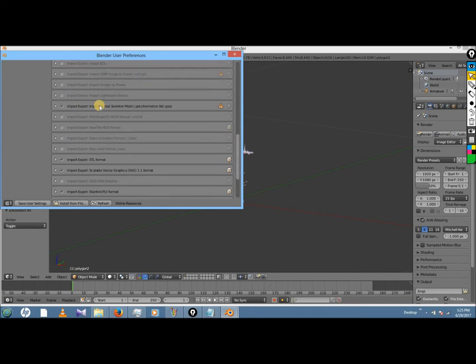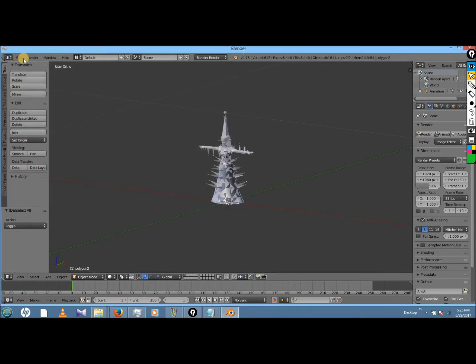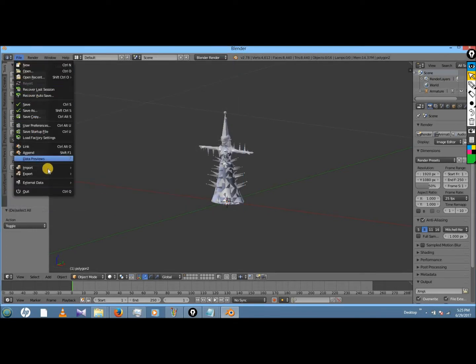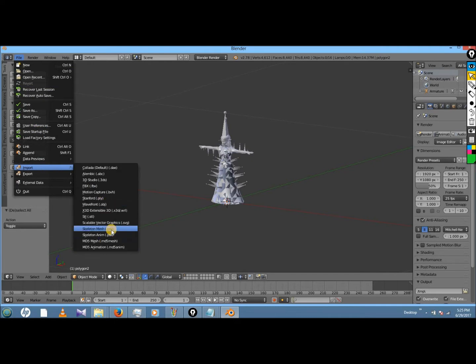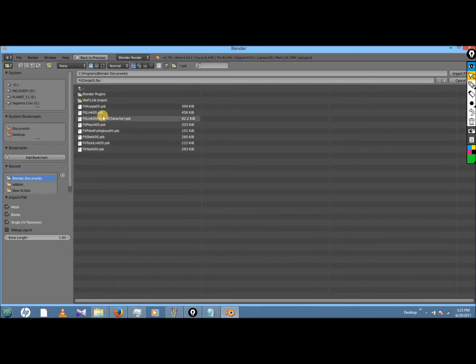It should be right here at like 75% or so down at the import Unreal Skeleton Mesh / animation set, the .psk. So just click the checkbox and then save changes, and then it'll appear in the dialog box. So you want to import the PSK file from BRRes Viewer, which is that one.